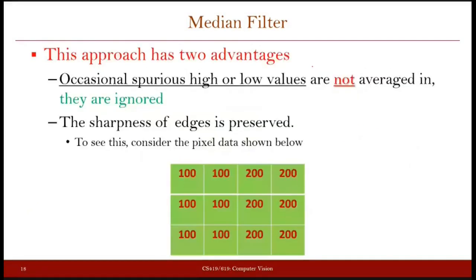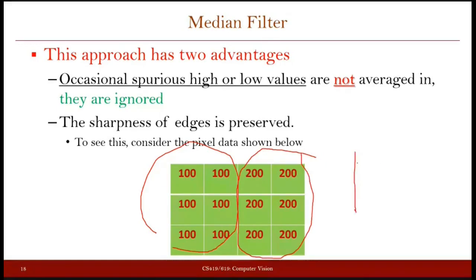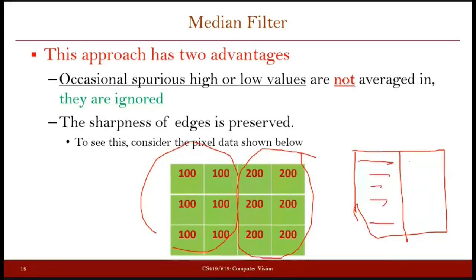Okay, as you see here. Let us say in this example, you have 100 values on this side and 200 values on this side. So you can say that in your image, this half of the part is a little black, and this side is a little white. So you will see that there is a kind of intensity jump at the middle, on this line here.